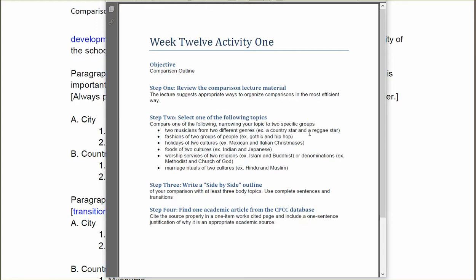That's 4 different elements, 2 for Johnny Cash, 2 for Bob Marley, but I'm not talking about the same elements for both sides of my comparison. That's not really comparison. I can't, as a reader, make a decision about the 2 if I have different comparative elements on each side. So what you're going to be asked to do is